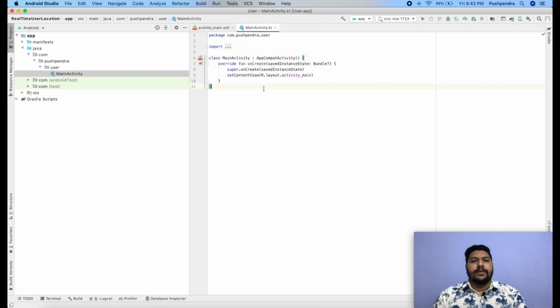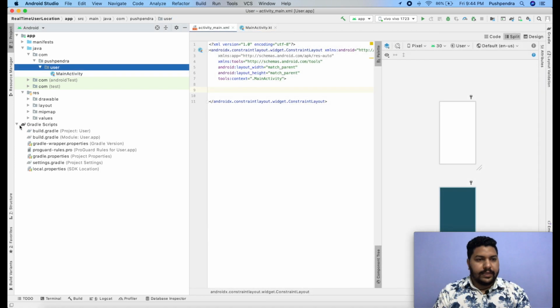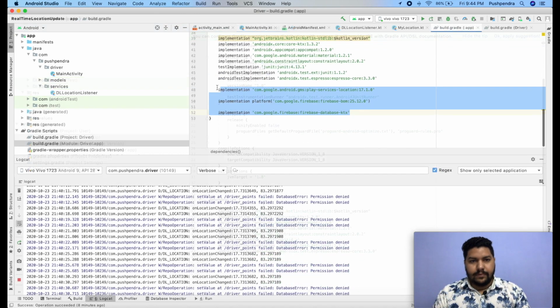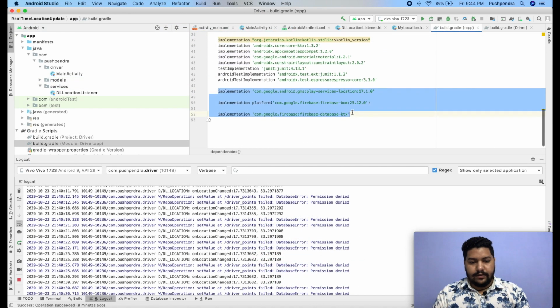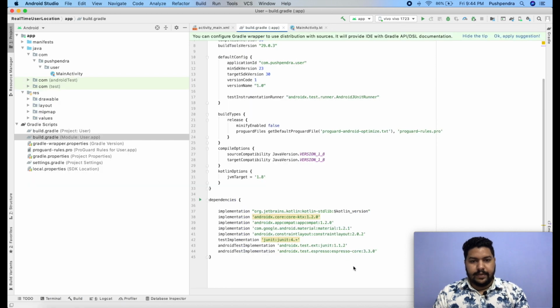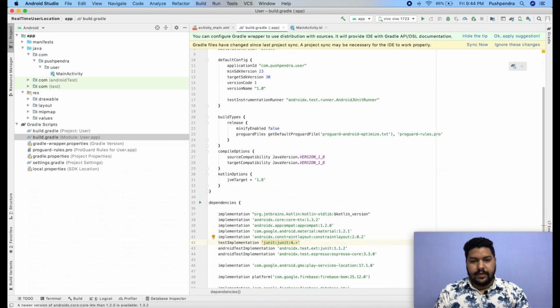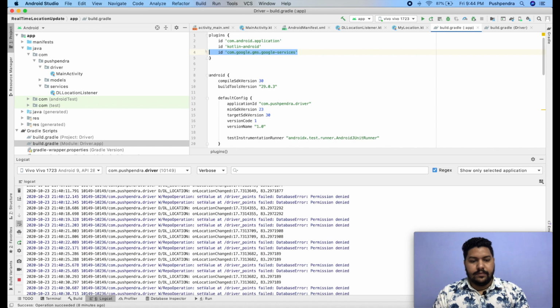Now I have two applications. First of all, in the same way I have to use the library. I will pick all the library, copy, and paste here. I will upgrade the plugin.